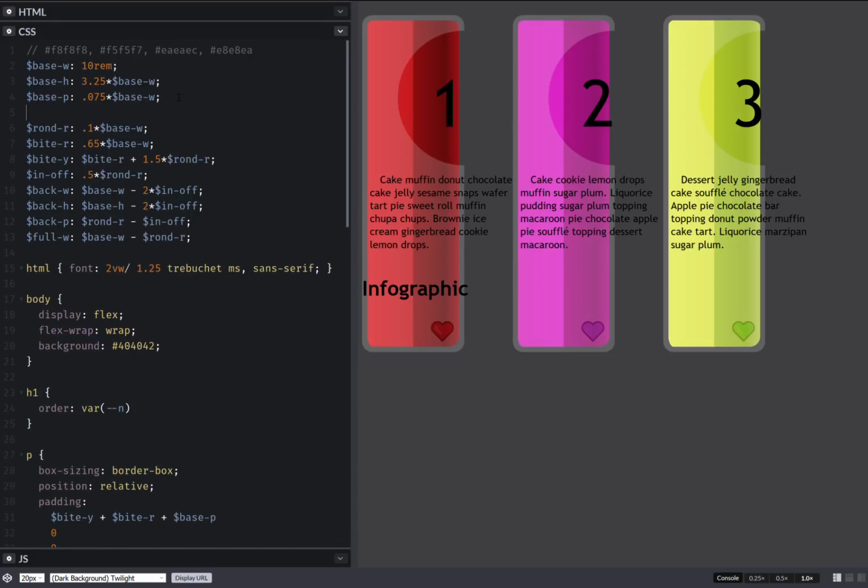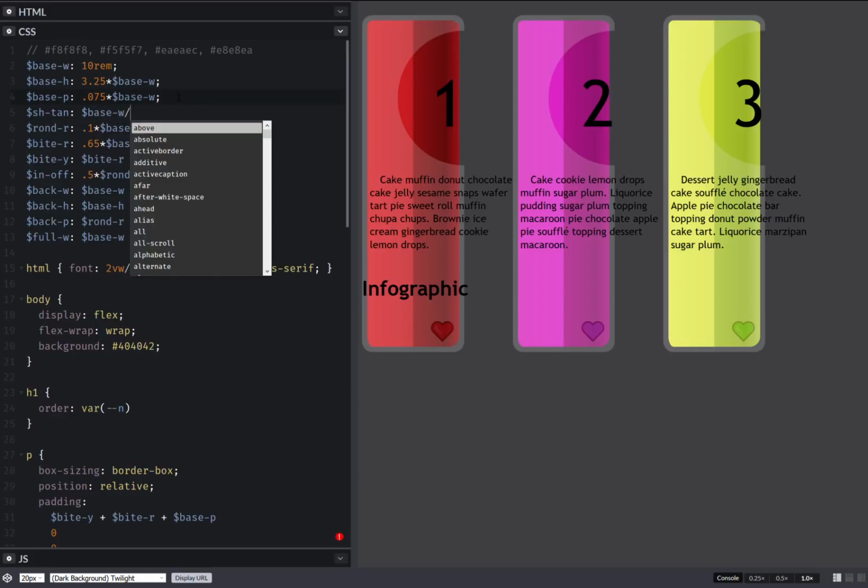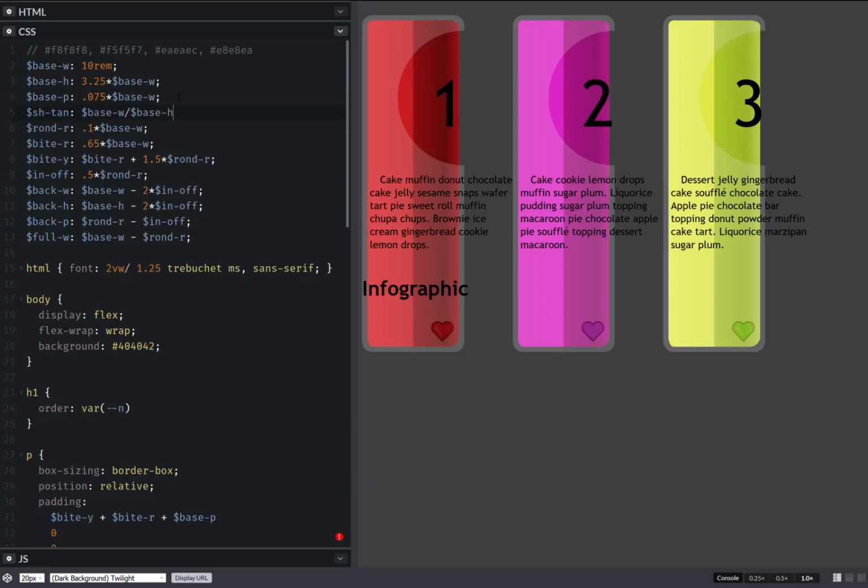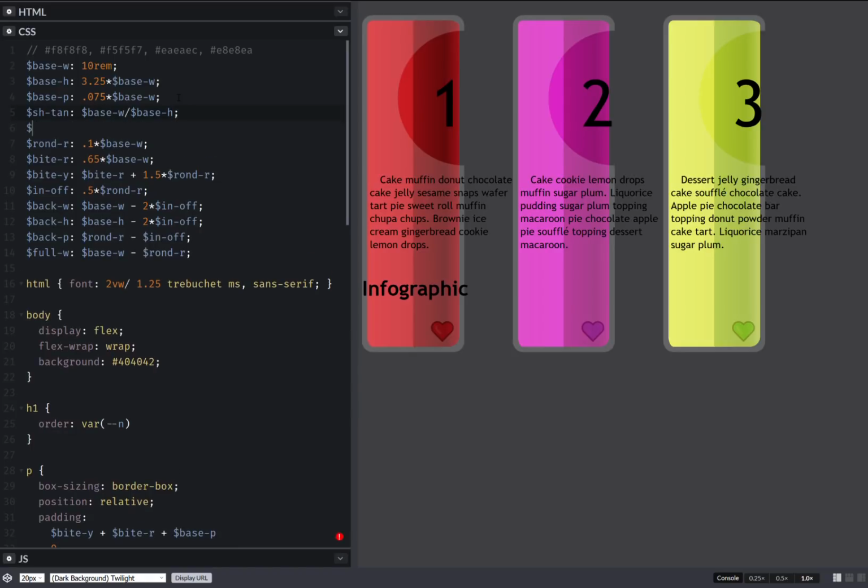So here I'll have a shadow tangent, and this is the base width over the base height. I'll have a shadow angle,